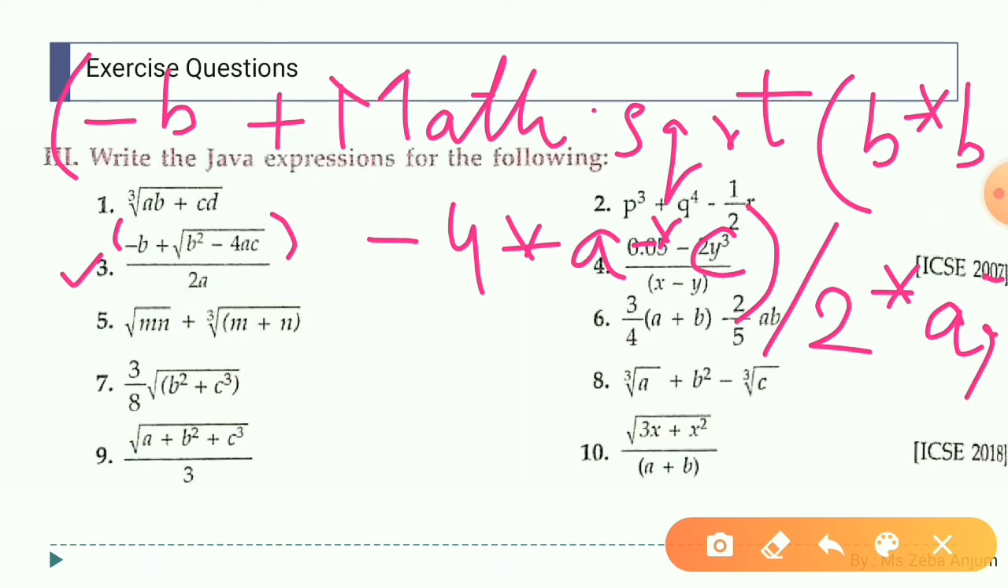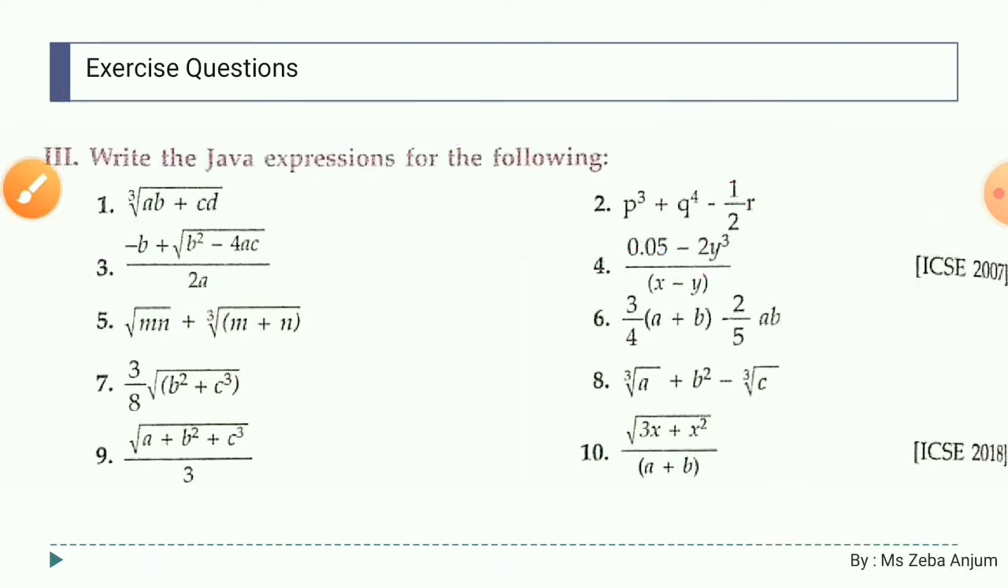It depends on you whether you want to write this 2 or 2.0, both are acceptable. Because anyhow the square root function is going to give you a double value. So either you use 2.0 or 2 over here, both are the same and both will be acceptable. Okay, so see the fourth one,